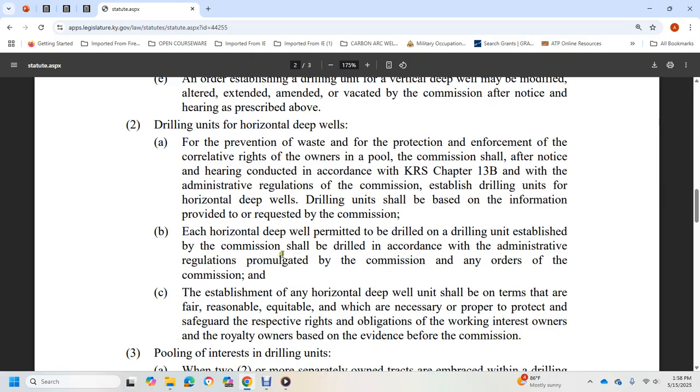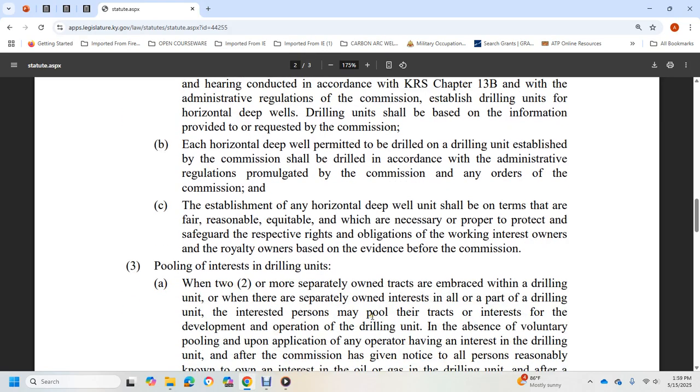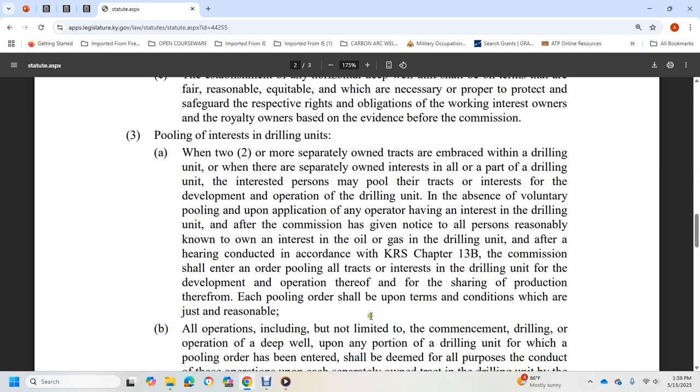Any order of the Commission establishing a horizontal deep well unit shall be on terms fair, reasonable, equitable, and necessary to protect and safeguard the obligations of the working interest owners, based on evidence before the Commission. Pooling of interests in the drilling unit: where two or more separately owned tracts are embraced within the drilling unit, or where there are separately owned interests in all or parts of the drilling unit,